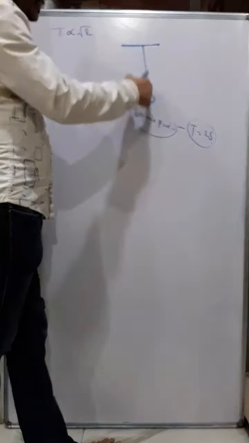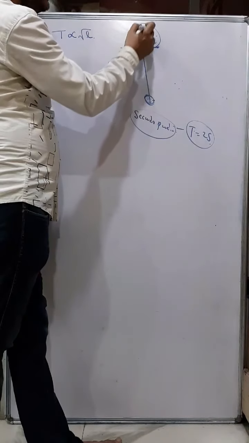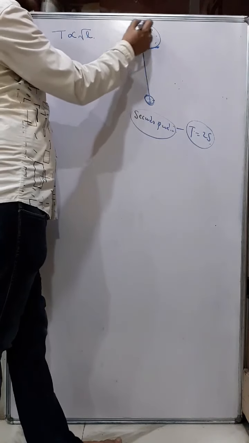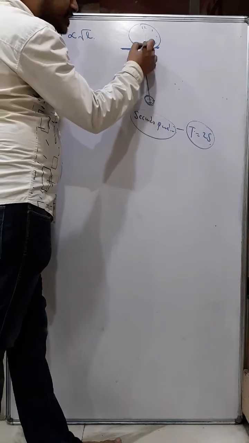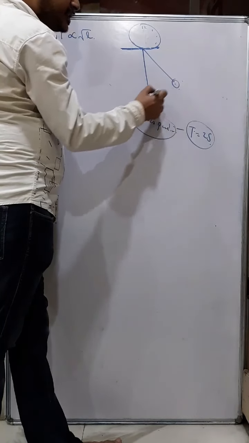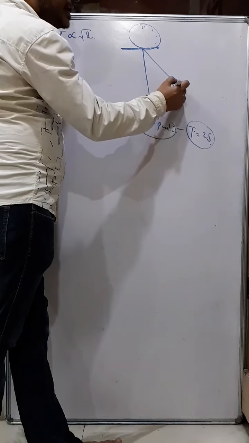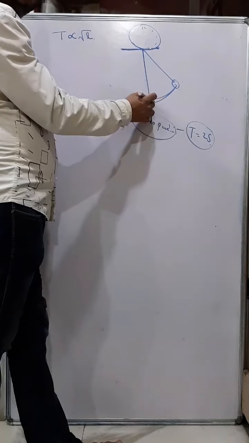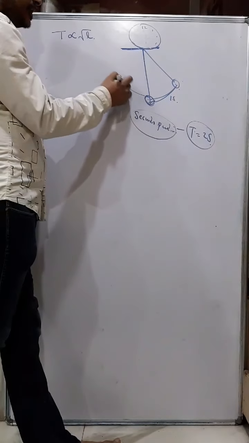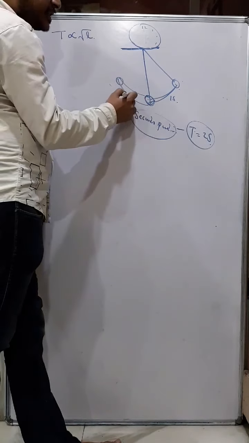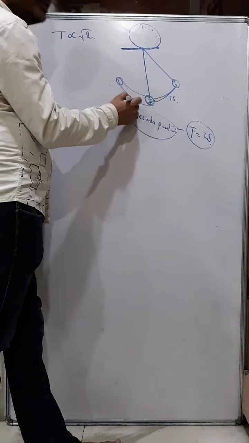The minute hand goes 60 times in 1 minute. So that means what? When this pendulum completes half an oscillation, from here to here, how much time does it take? 1 second. Again from here to here and back to here, how much time does it take? 1 second. And therefore to complete this full oscillation it takes 2 seconds.